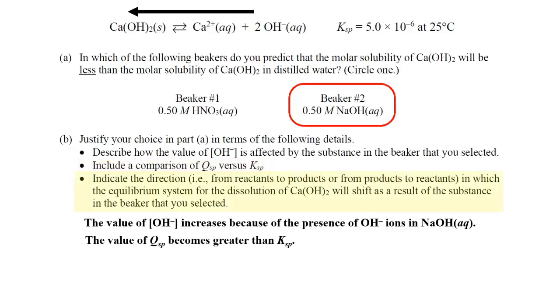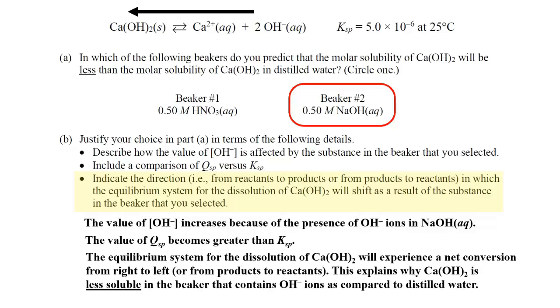And now finally, indicate the direction, that is, from reactants to products or from products to reactants, in which the equilibrium system for the dissolution of calcium hydroxide will shift as a result of the substance in the beaker that you selected. So Q being greater than KSP will cause the following. The equilibrium system for the dissolution of calcium hydroxide will experience a net conversion from right to left, or from products to reactants. So this explains why calcium hydroxide is less soluble in the beaker that contains hydroxide ions as